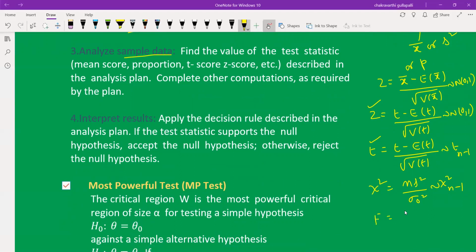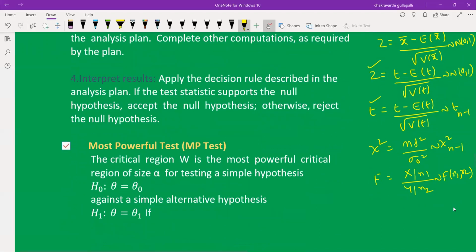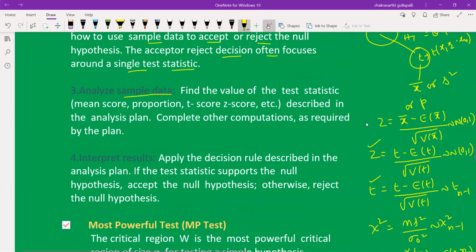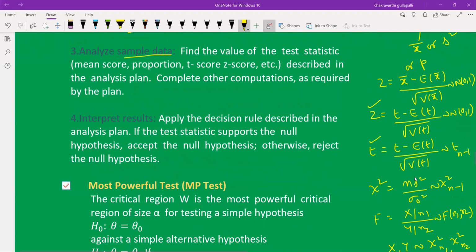For the F case, (X by n1) by (Y by n2) follows F with n1, n2 degrees of freedom, where both X and Y follow chi-square with n1 and n2 degrees of freedom. So these are the different statistical formulas. Based on the mean score, proportion score, we have to take a suitable statistic and calculate